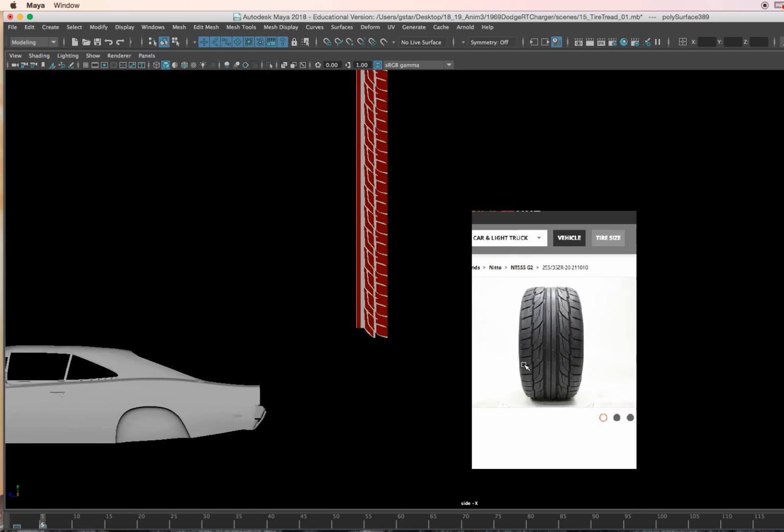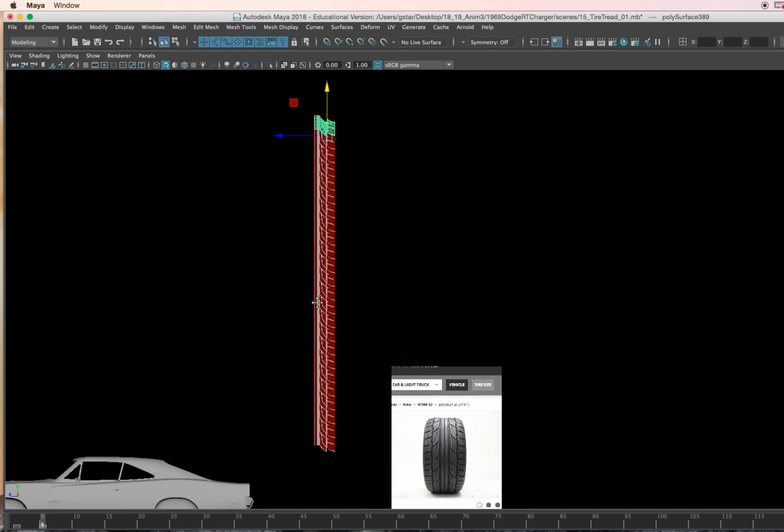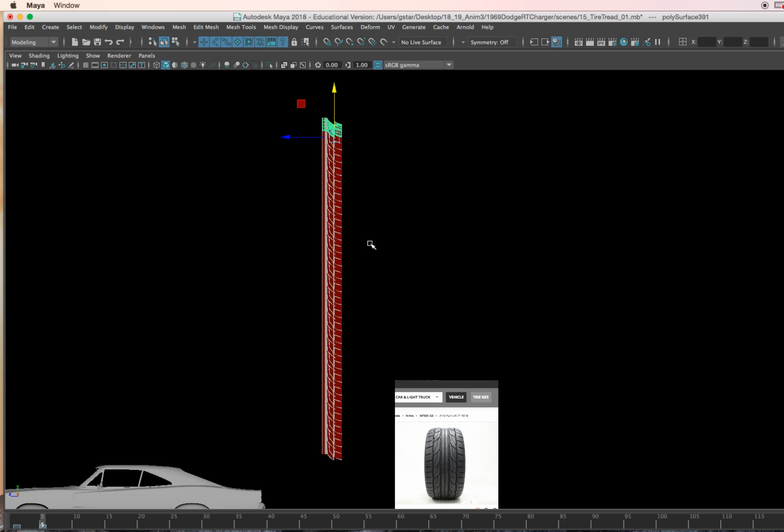Now I don't know how many treads this is, but I'll just count 1, 2, 3, 4, 5, and if this is like 360 degrees and then there's different angles, so it's maybe 5, 10, 15, 20, 25, 40, maybe 40. I don't know how many I have right now, but I'll stop right there. And now that I have this shape, I'll select all of them, mesh, combine,